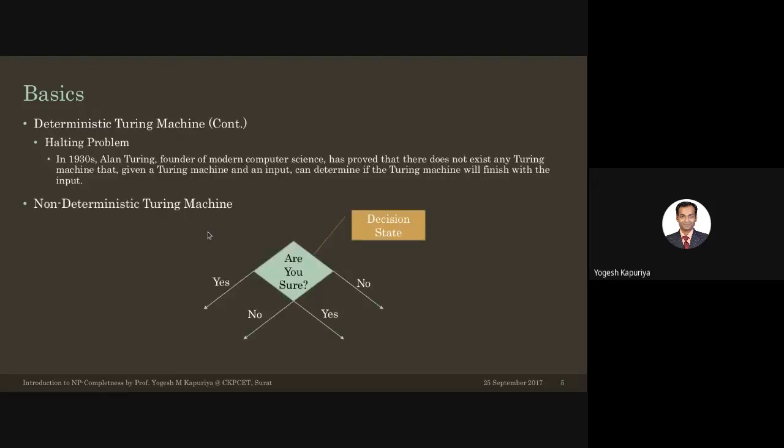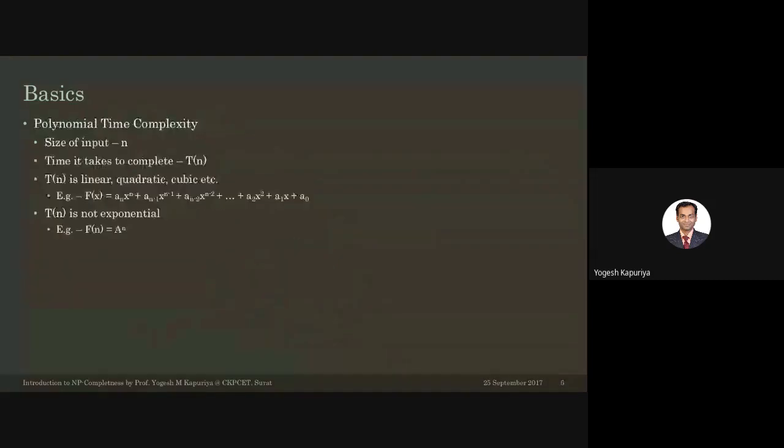So with this theoretical background, let us discuss what we mean by a P problem and what we mean by an NP problem. P stands for polynomial, first of all. Any algorithm or time complexity which we have studied, whatever we have discussed till now, falls under this category. It's polynomial time complexity. Polynomial, you might be aware of this, means that it's either linear, quadratic, cubic, etc., but it is not exponential.